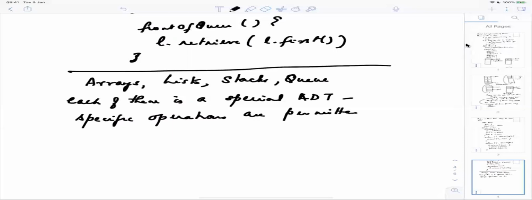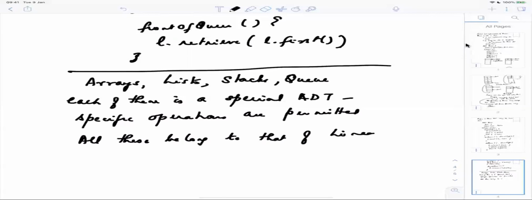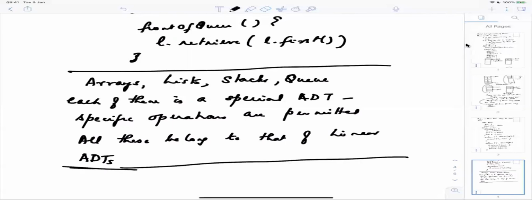All these belong to the linear ADTs. Okay. We'll talk about other types of ADTs in the